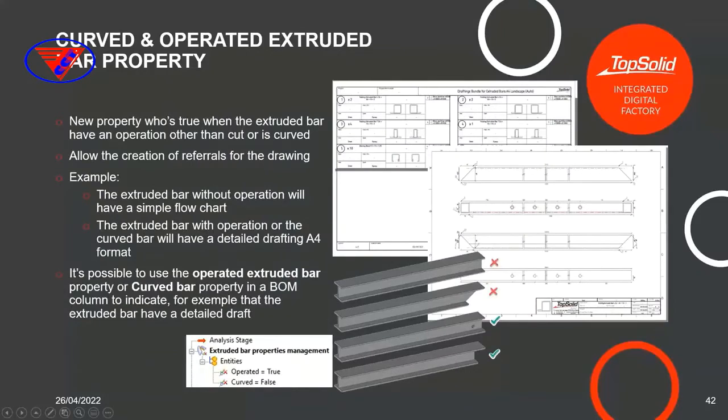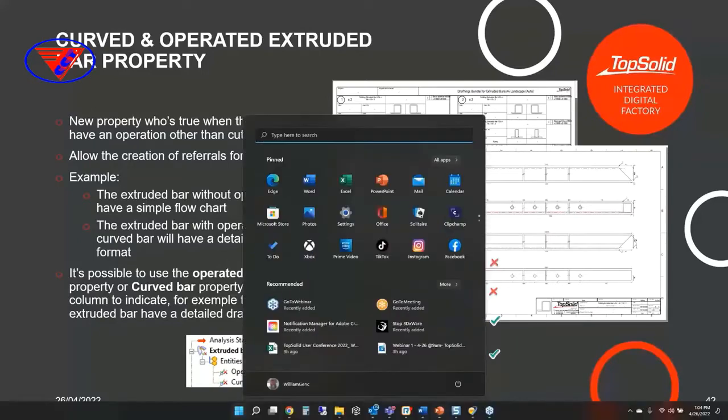Next, curved and operated extruded bar properties. So the long and the short of this, there is a property that's automatically set now on extruded components on whether or not operations are applied to it and whether or not it's a curved bar. Why? Because then you can use this to identify in the bill of material if there's additional operations that need to be detailed. If it's curved, it needs to have a better detailed print, for example. And this can show up in your bill of materials now and help guide the creation of these documents. Okay? And if we go look at the sample,